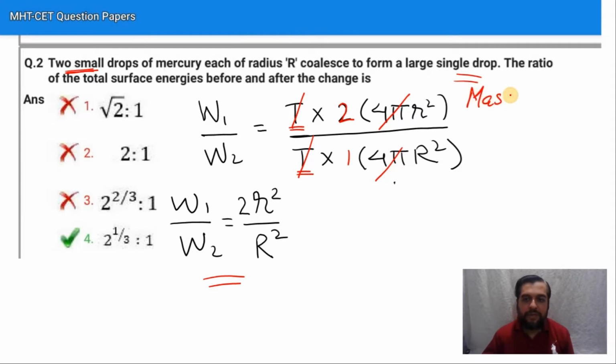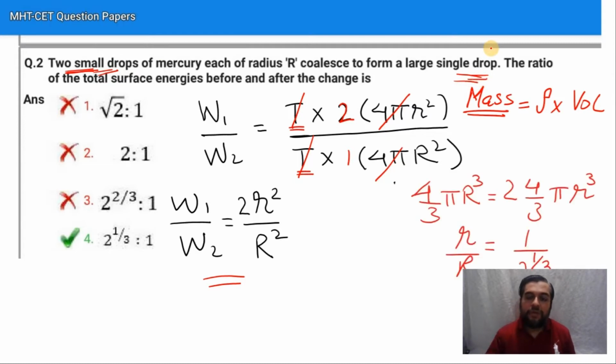If I go for conservation of mass, which says that the total mass of the two droplets will be the same as the mass of the single drop. So in that case, mass is written as density into volume. Can I say that the density into volume of the two droplets is equal to the density into volume of the single drop? But then density will be the same because in both cases it is mercury. So can I say that the total volume of the two droplets is equal to the volume of the single drop?